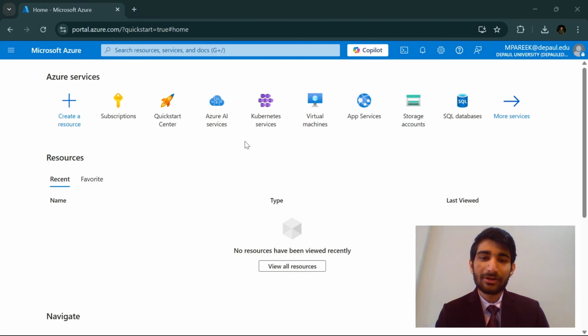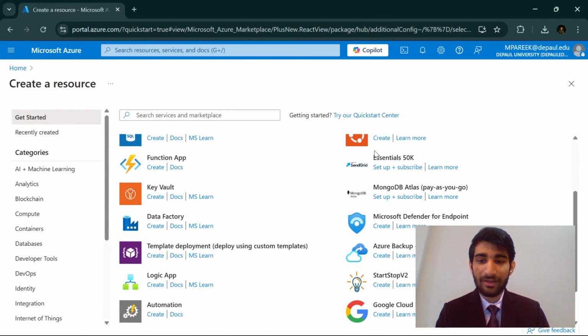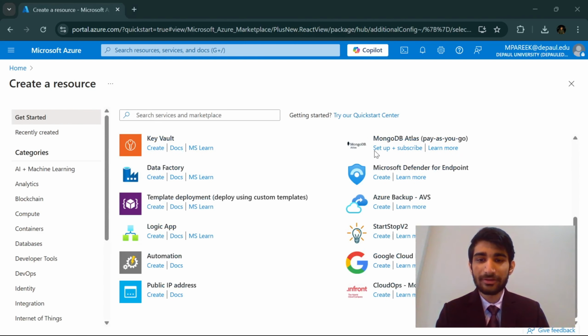So over here also we are going to create a basic resource which is like a compute for us. So what I will do is I'll create a resource and I will search for machine learning over here. So what I'm going to do is I'm going to create a resource and search for the machine learning in this. So when I say machine